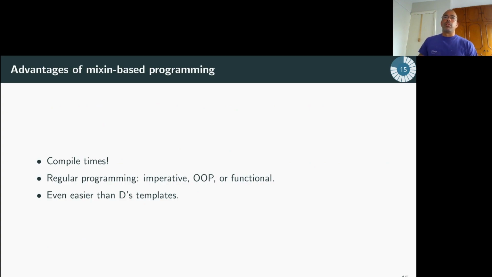Now, what are the advantages of mixin-based programming? First of all, compile times. I don't have any numbers to show you, but it's actually astounding how fast everything just was. It was just ready, and it was amazing. I'm just not used to it because I'm used to reflection taking quite a while. And this is with the regular CTFE engine. There's nothing special here. The other thing to realize that's advantageous is it's just regular programming. You can pick whether you want to do imperative or OOP or functional. Maybe you want to have a hierarchy of classes for generating these strings. Maybe that's what works best. You could do that as just regular code. It just happens to be run at compile time.